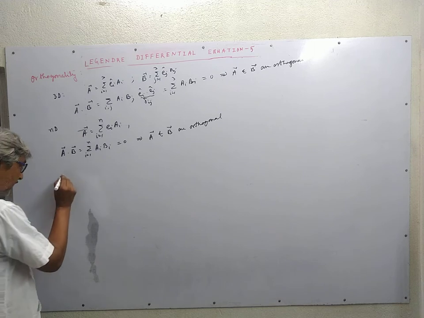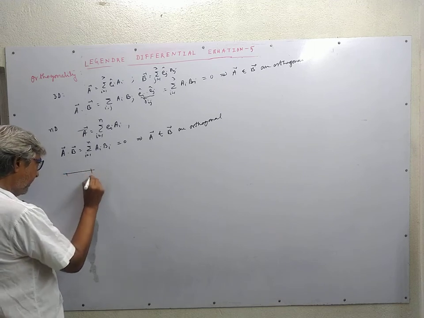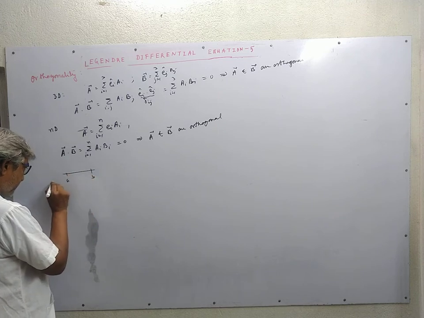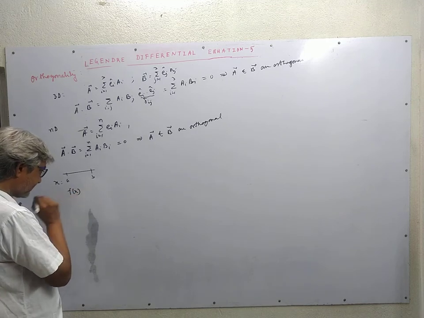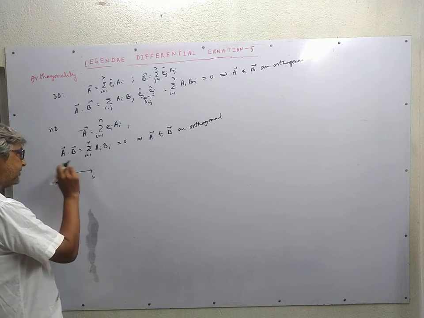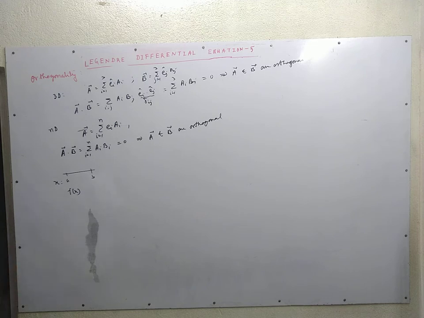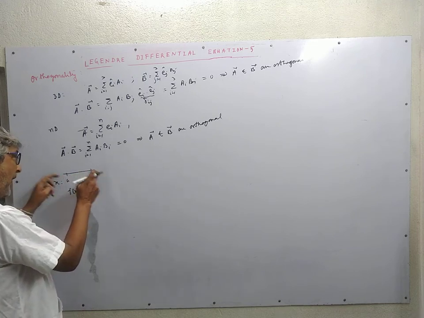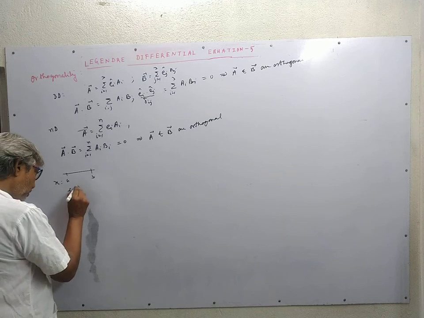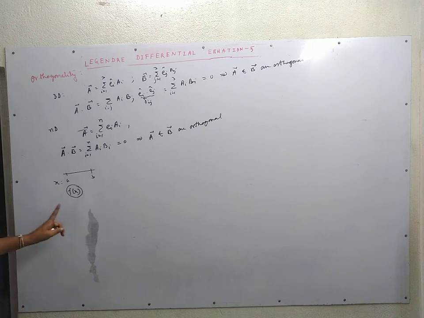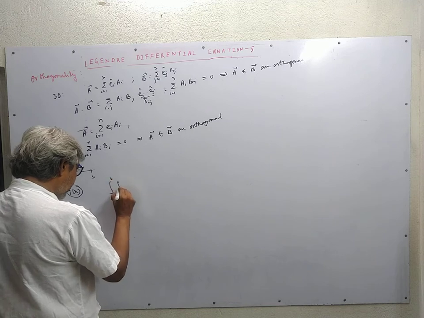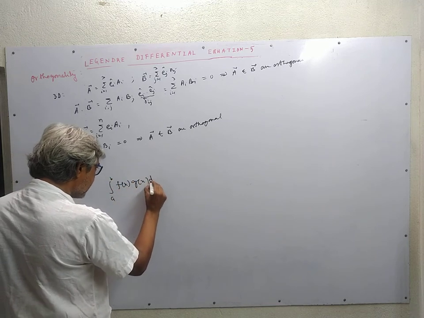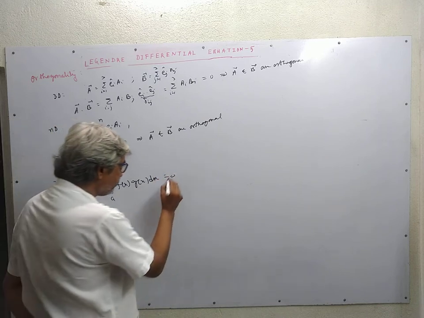Similarly, we may consider a well-behaved function between the range a to b, where x is the variable and x ranges from a to b, and we have a well-behaved function f of x. Then for each value of x, there is a value of f(x). Since x can have an infinite number of values between a and b, and the x values are continuous, we may look upon f(x) as the component of a vector. Here the vector is an infinite dimensional continuous vector. So if we have two functions f and g such that the integral of f(x) g(x) dx is 0,